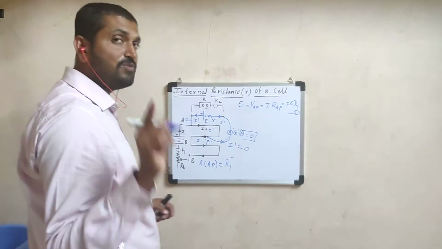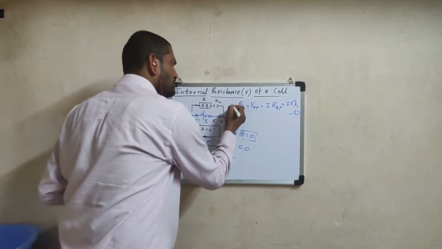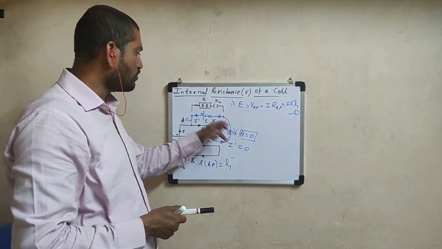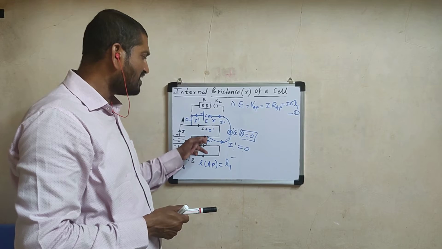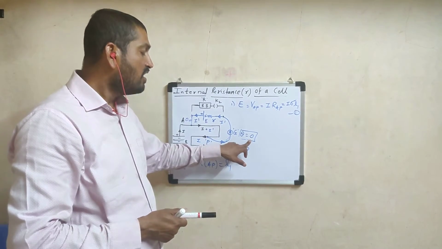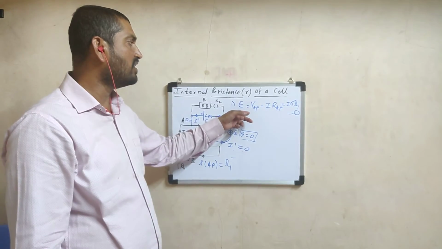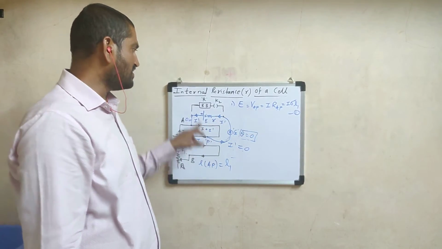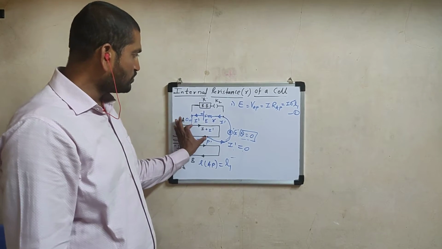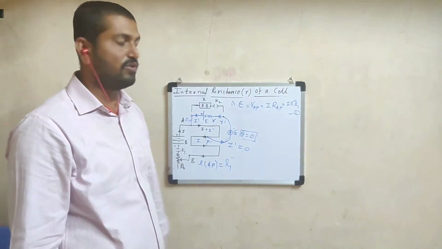We already discussed this in the previous video also. So this first method is as it is, no change at all. Given a cell, you have to connect it across the potentiometer, slide the jockey over the total length, and somewhere you are guaranteed to get a point P for which the galvanometer shows zero deflection. Once that point is obtained, measure this balancing length, and simply use the formula: E is equal to VAP, meaning the EMF of this cell is balanced by the voltage of this battery between these two points, VAP, which is equal to I RAP, that is equal to I sigma L1.